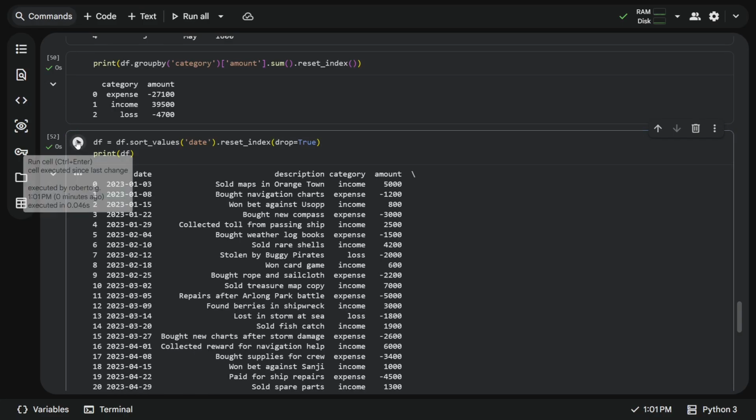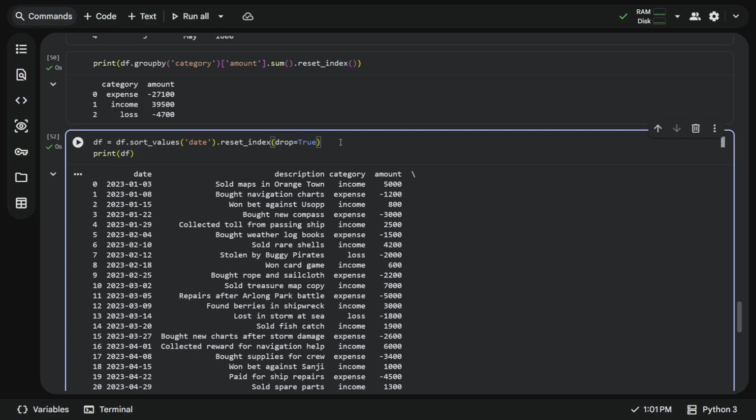And here we go. We made sure now our data frame is sorted, because for the next example we want a